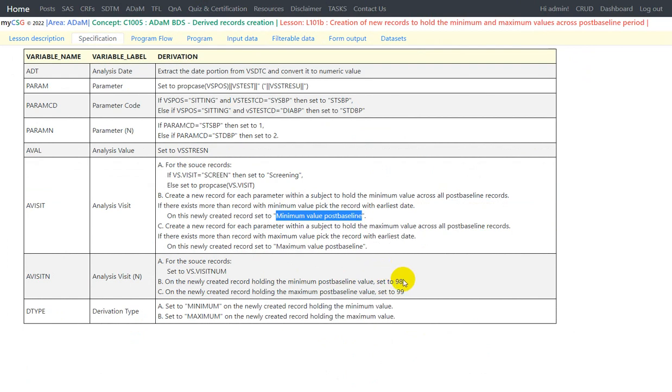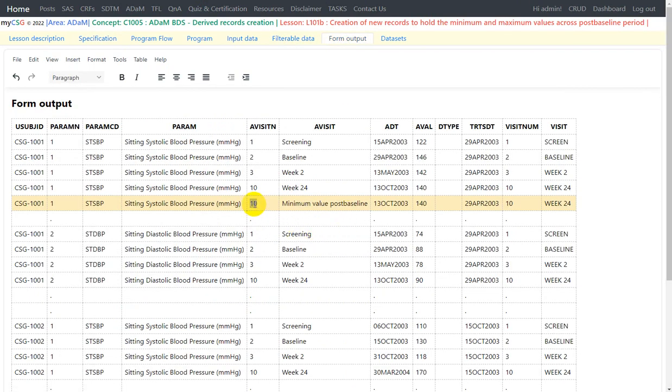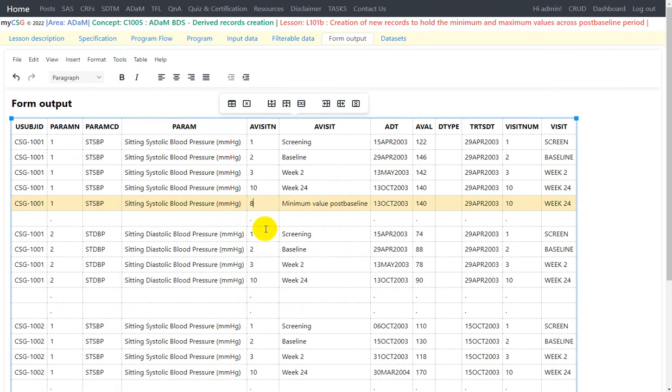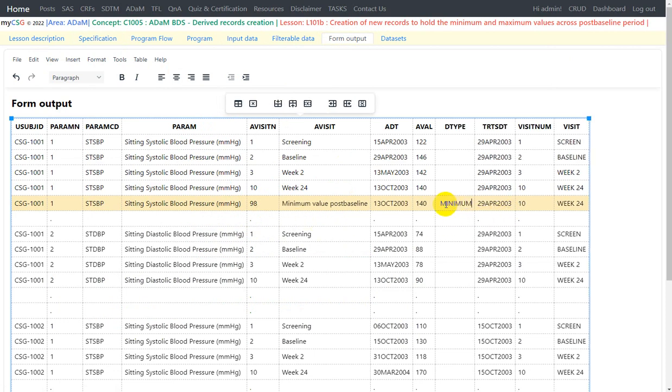So we can make it 98. We were also asked to set the DTYPE value to minimum on this newly created record. So this is how we can identify the minimum value record and then append it to our source